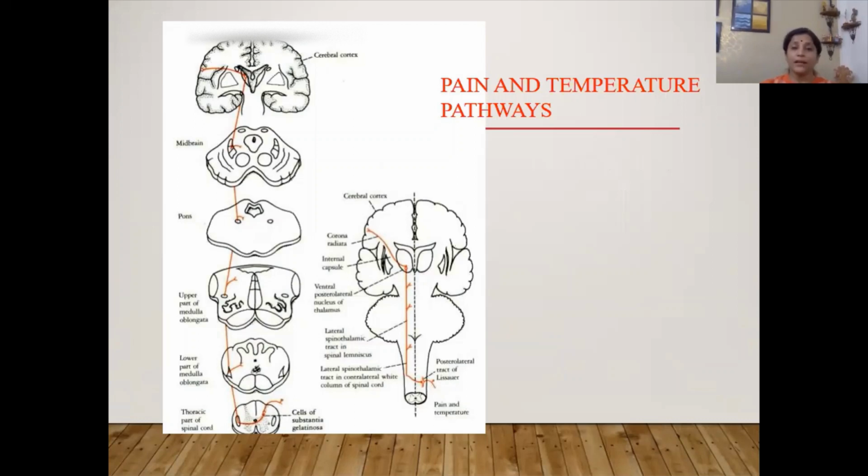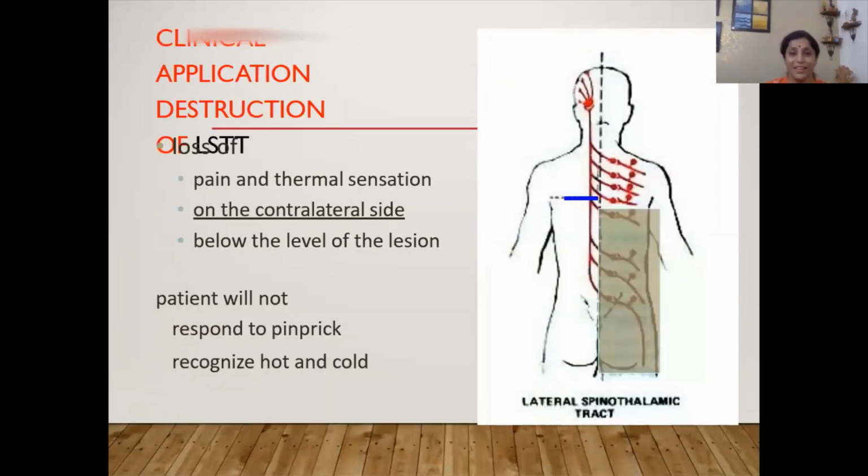Now just have a look at the diagrams. The difference between the two diagrams depicting the pain and the temperature pathway is that one is showing the cut sections, the horizontal or transverse sections of the spinal cord, right from the point of entry to the ascent and to the termination in the brain, where this section of the cerebral cortex is definitely vertical. Whereas the second diagram is showing the entire vertical section of the brain and spinal cord. So we can very well see how from the sensory receptor to the postcentral gyrus, the information or the electrical impulse, which is the language of the nerves, is carried.